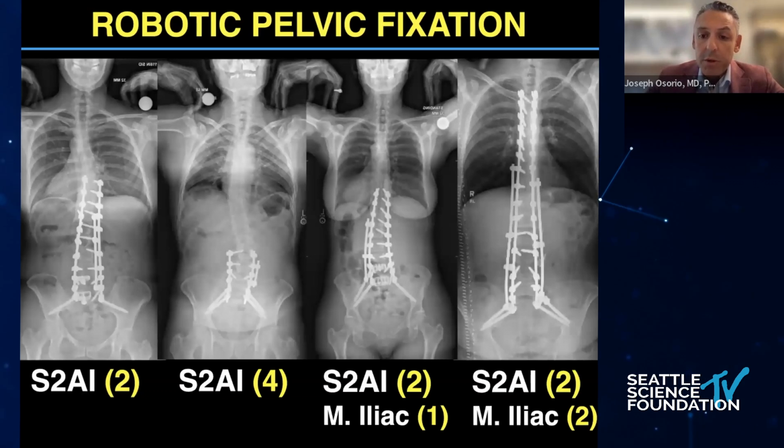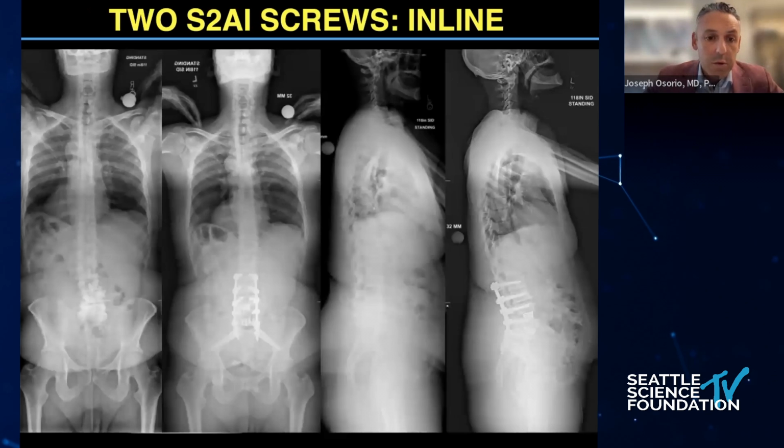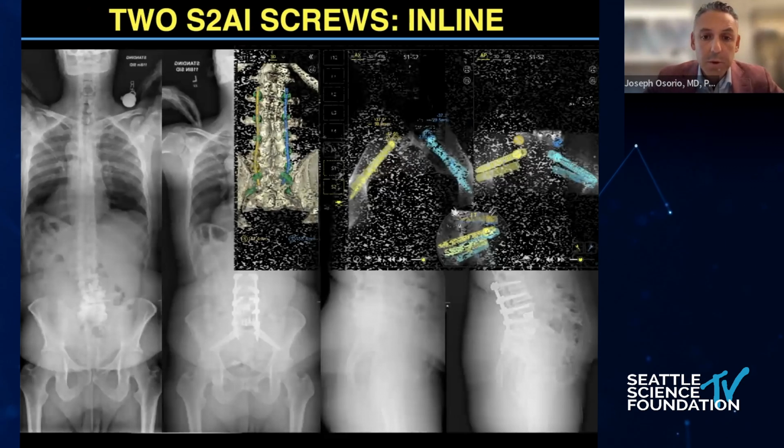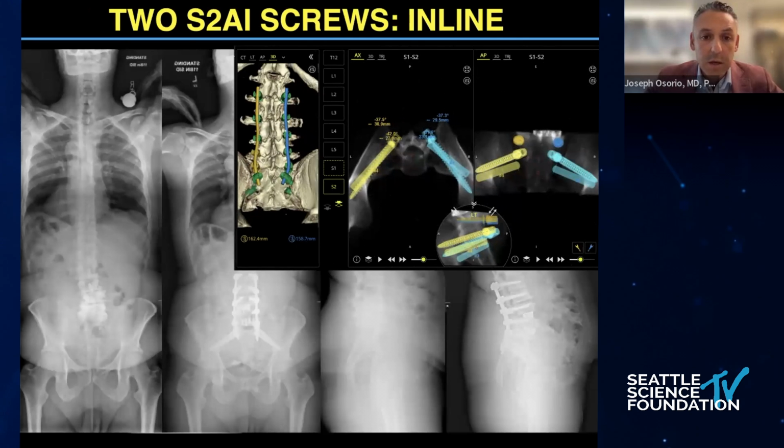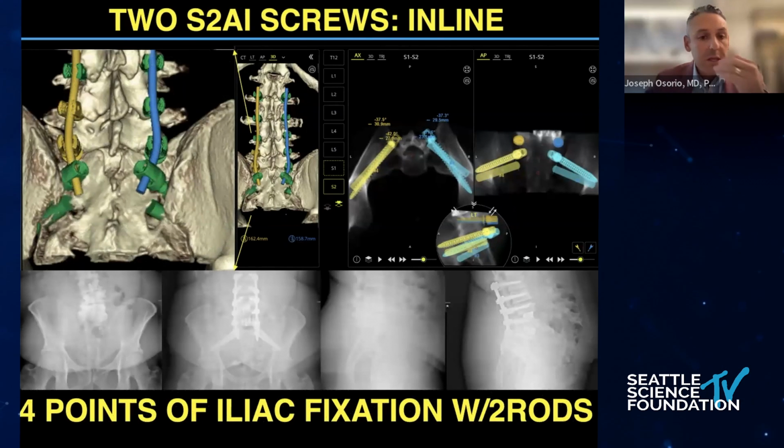And putting 4 points of fixation actually becomes much simpler, and you can work around the pain points if you're planning it before you place the screws with a robot. So in a case like this, where you're putting two in line, this is what it looks like on the planning software. You can see that the planning software doesn't have a head on the second S2AI screw because this is not something that was worked into the software for this particular company, but you can plan it and it works